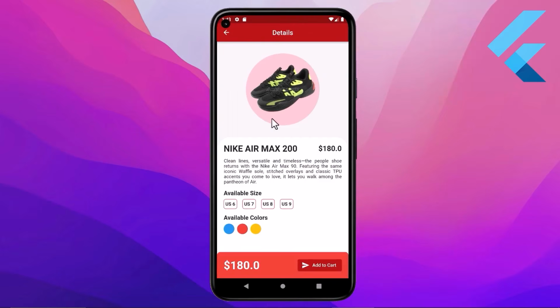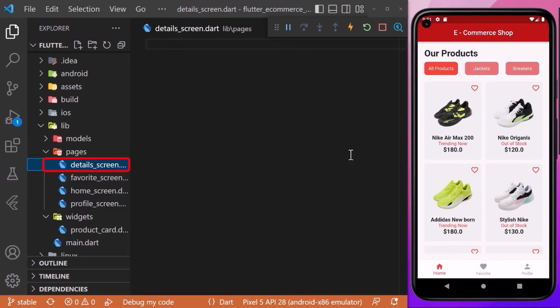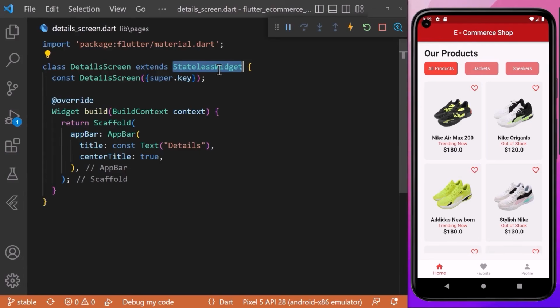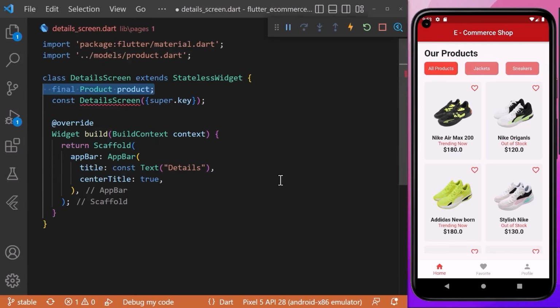Now we want our products to be clickable and navigate to the details page. Therefore, we will create a details screen inside our pages folder. Here we will create a stateless widget which will return a scaffold with the app bar. First of all, we will take an instance of our product class. We will mark it required inside our constructor because we want to pass the data of the product which is